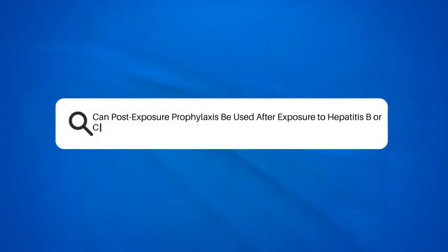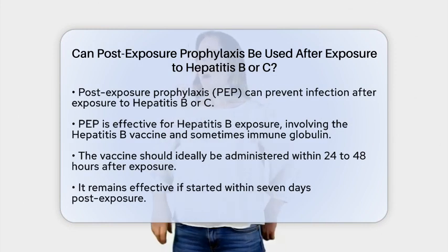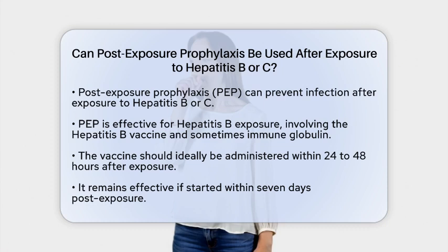Can post-exposure prophylaxis be used after exposure to hepatitis B or C? Have you ever wondered if there is a way to prevent infection after being exposed to hepatitis B or C? Let's break it down. Post-exposure prophylaxis, often called PEP, is a medical intervention that can be a lifesaver in certain